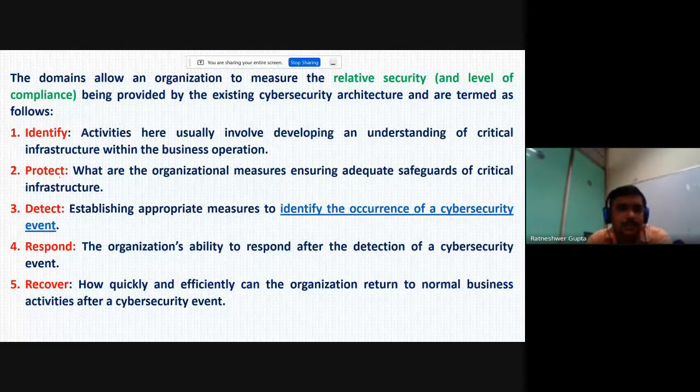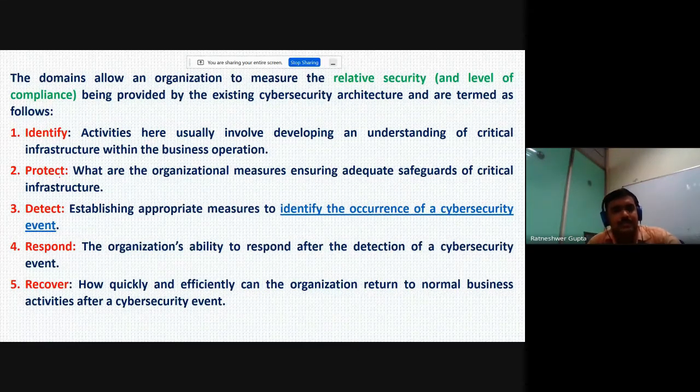And the third step is the detection of possible threat events. What are the possible threat events? Like if we are going to use the ATM, we have to identify what possible events may happen. Someone may forge your signature, someone may hamper your particular account balance, and so on. So we have to identify the possible threats or events that may hamper your particular software. Okay, so this is the third thing.